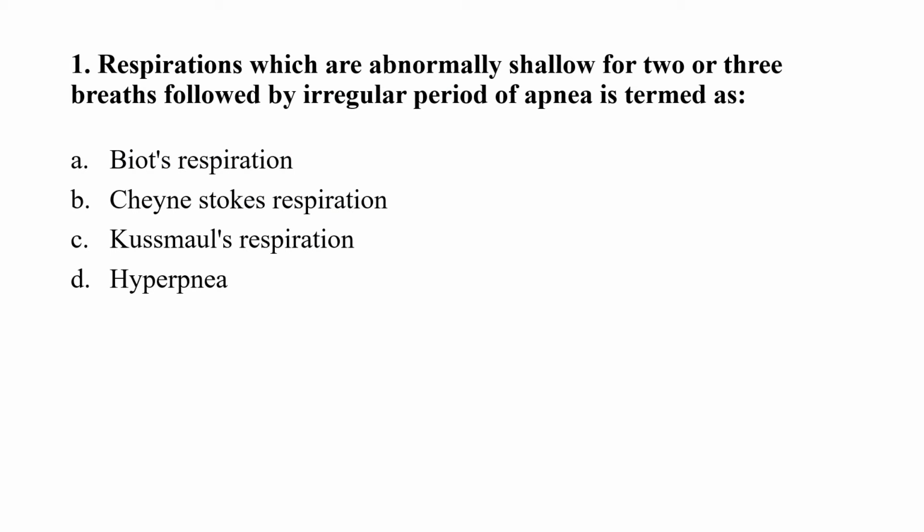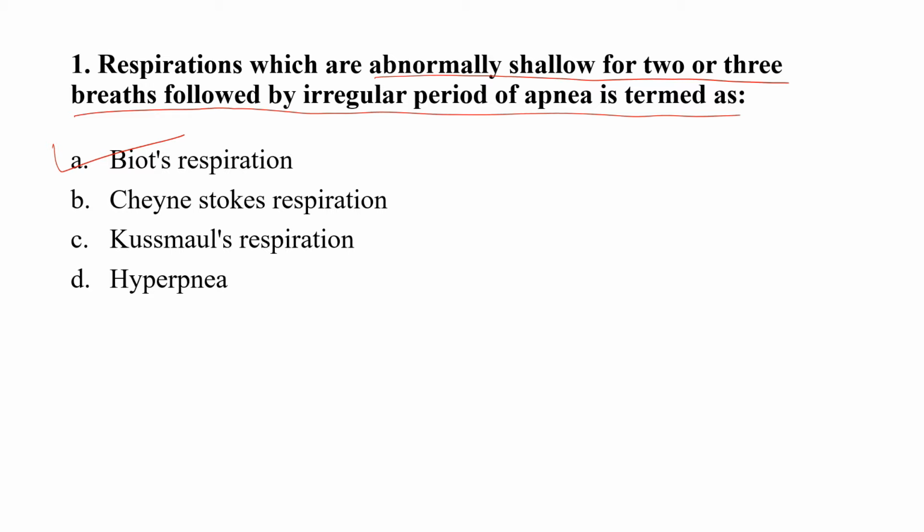Question number 1. Respirations which are abnormally shallow for 2 or 3 breaths followed by irregular period of apnea is termed as option A, Biot's respiration, option B, Cheyne-Stokes respiration, option C, Kussmaul respiration, option D, hyperpnea. Correct option here is option A, which is Biot's respiration. Biot's respiration is a type of abnormal respiration which has shallow breaths for 2 or 3 breaths followed by irregular periods of